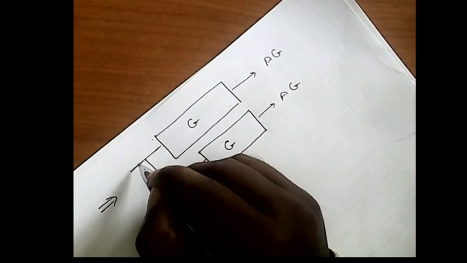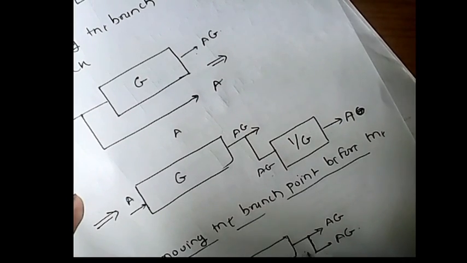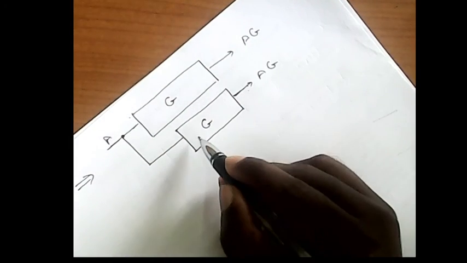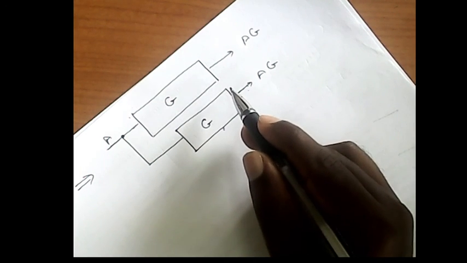So in this block diagram, this branch point will be here. We take this branch point before the block and the output will be the same. In this figure we can see, we just add this gain block and we get the branch point before the block. Now fifth rule,